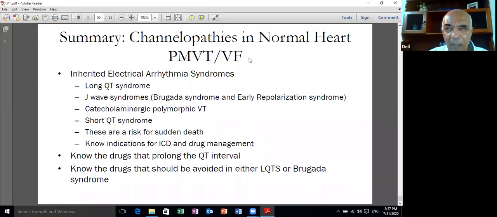Definitely after myocardial infarction, you have to wait for 40 days and then evaluate the patient for the indication of ICD. You might have an ischemic myocardial ejection fraction of 20, and after 40 days it came up to 40. So the patient is no longer an indication for an ICD. Unless